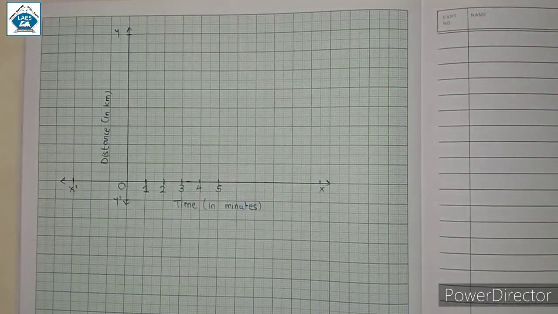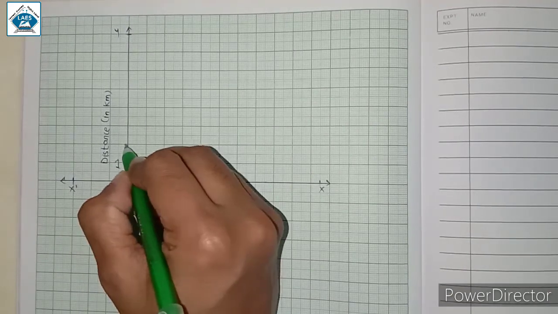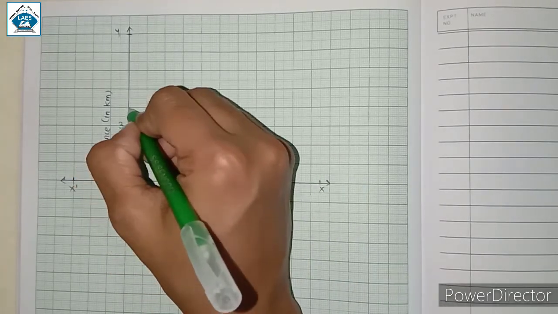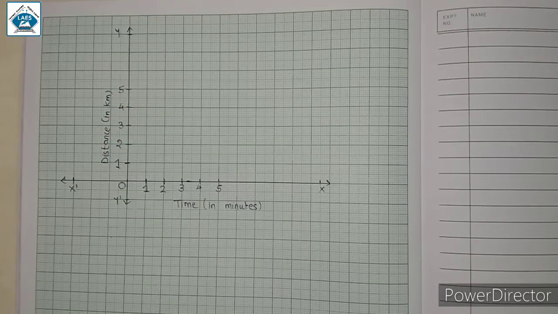Next, about the distance which will be represented in kilometers along the y-axis. So here we will consider 1 centimeter is equal to 1 kilometer. So here we have 1 centimeter. This is 1 kilometer. This will be 2 kilometer, and so on. We will represent the distance along the y-axis. So now the scale has been prepared and we have marked the points accordingly. Now we are going to plot the data that is given to us. That is, we are going to mark the points on the graph paper to represent the set of values for distance and time.